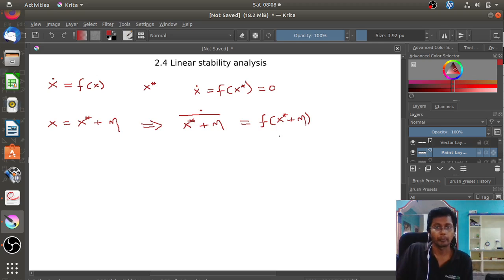Now this side, if I differentiate it further, I'll get x star dot plus eta dot, which is equal to